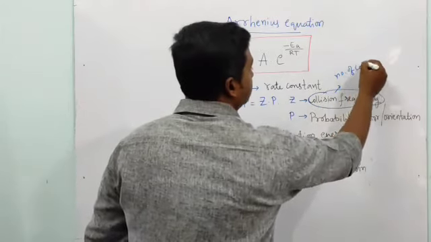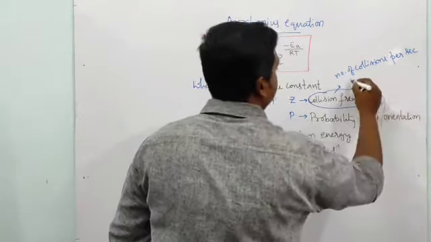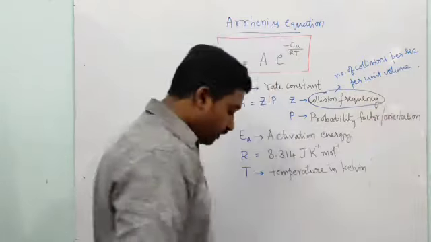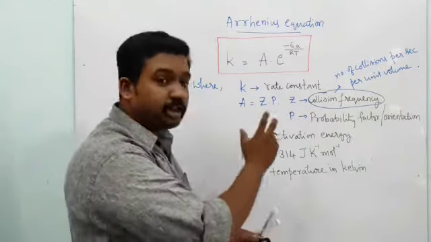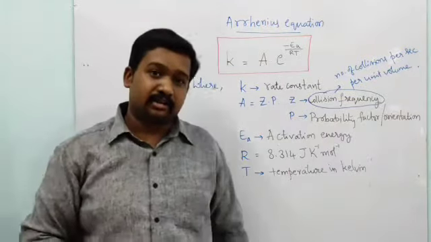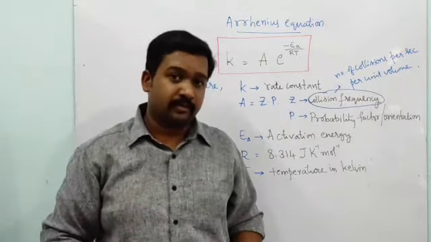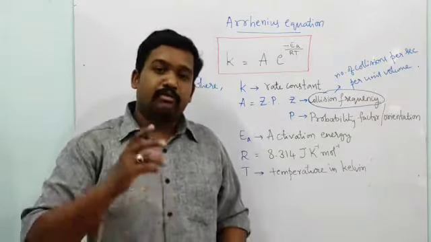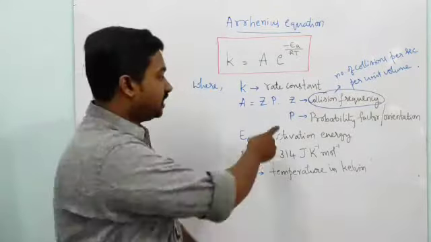This is the number of collisions per second per unit volume. So for a given volume in 1 second, how many effective collisions happen is the factor collision frequency. And the second factor is probability factor or orientation factor. When the collisions of molecules are head to head, the collision will be more effective. If they are at an angle, the effective collision may not happen. So the number of effective collisions also is decided by the proper orientation, and these two factors are included in A,